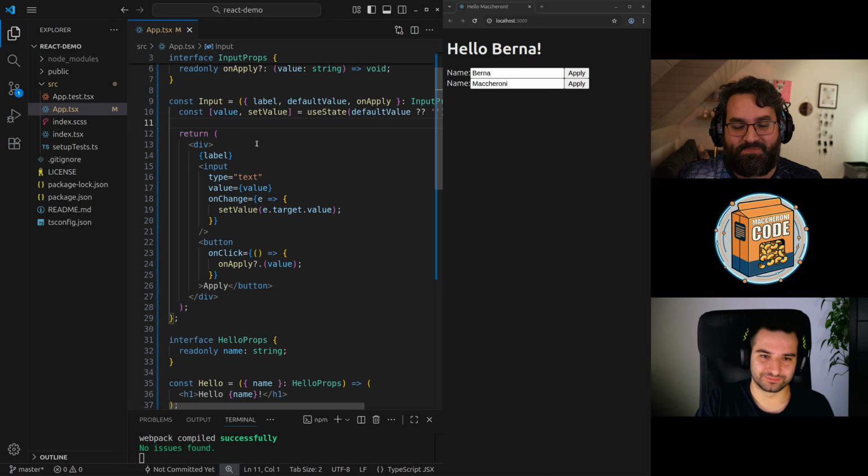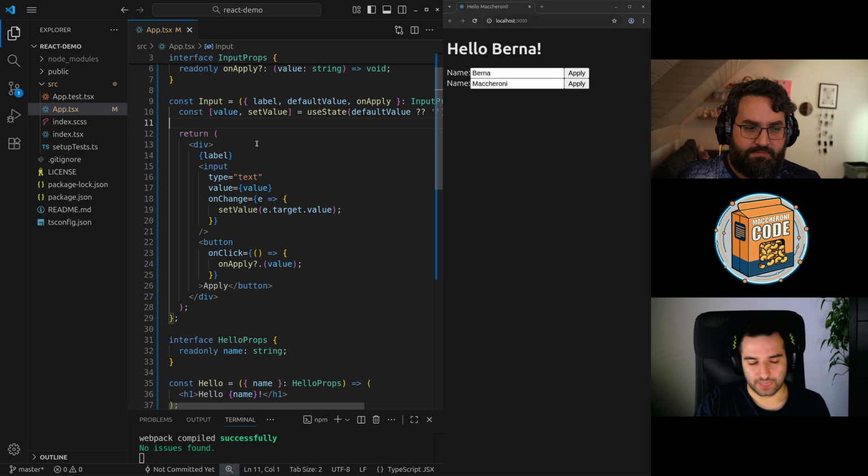Okay, so I mean, is this everything we need to know about React? Can we do something better? Can we be more efficient? Yes, absolutely. This is only the top part of a big iceberg. So to make that more performant, better, you can use memoization, for example. That is a technique